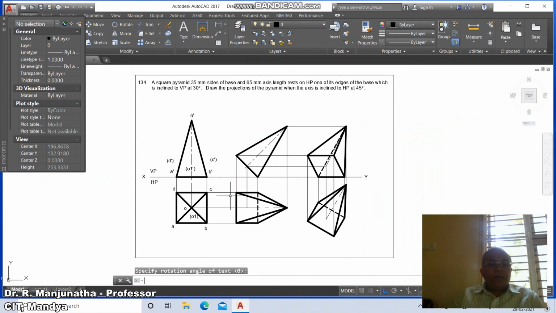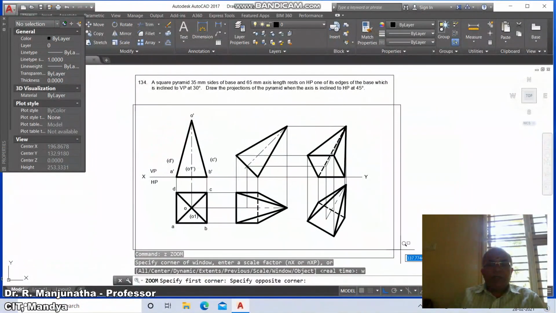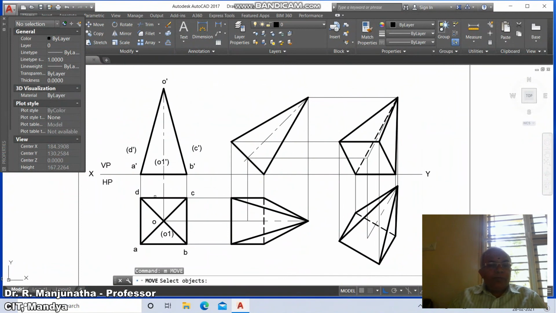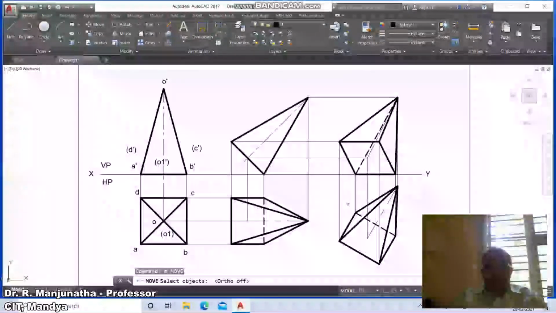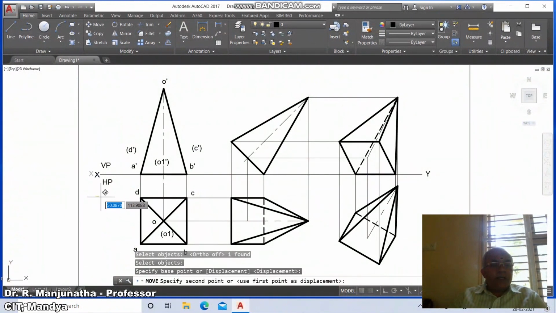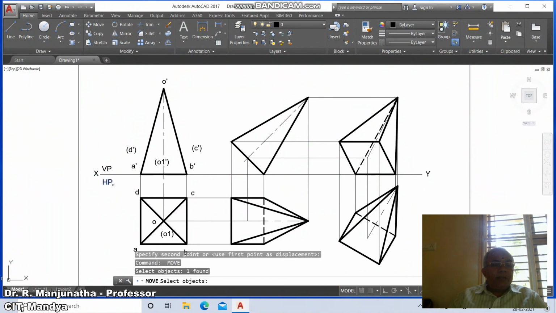So here, then zoom window, take near to the screen, and then go to move, change this move, switch off the ortho mode, select X and move it here, then go to VP and then HP.